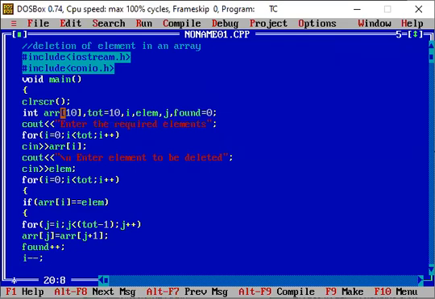Because we were having that ith element over here, so I have decremented that particular value, and also total minus minus. Again, the total elements that I have shown above, that is total is 10, so again I will decrement that value. Fine.